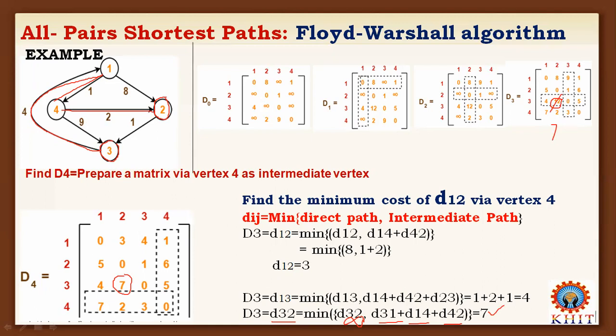So friends, in this way, this is the final generated matrix, which clearly shows the all pair shortest path from one pair of nodes to another pair of nodes through the intermediate vertices 1, 2, 3, 4 respectively. Hence we can conclude that this is the best example for finding the minimum cost from one pair of nodes to another. Okay,